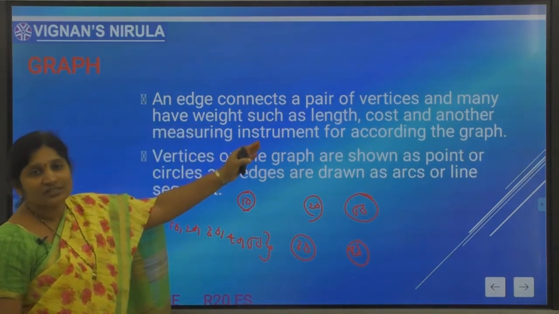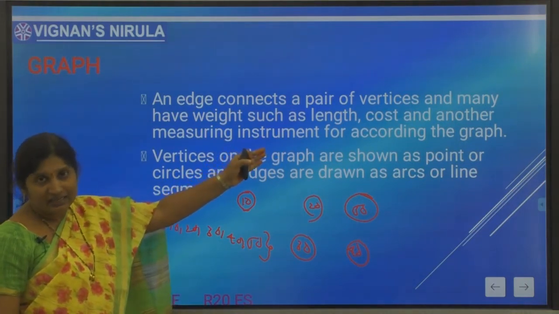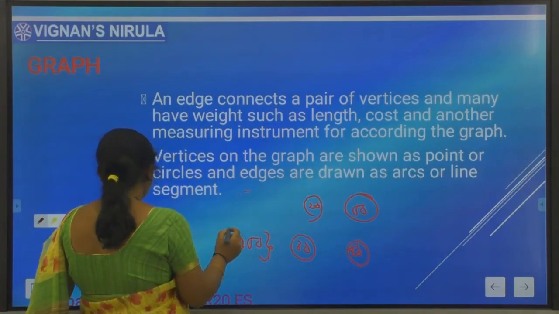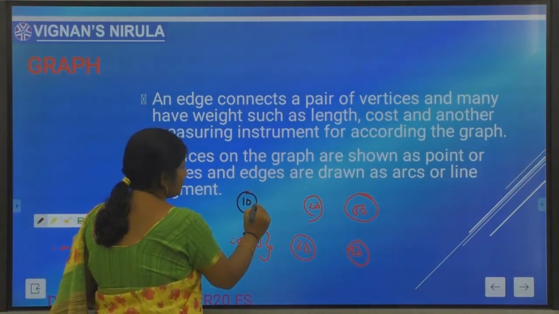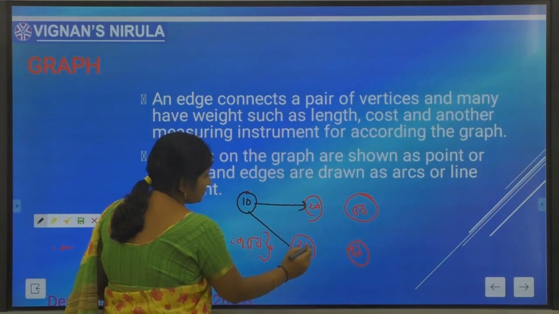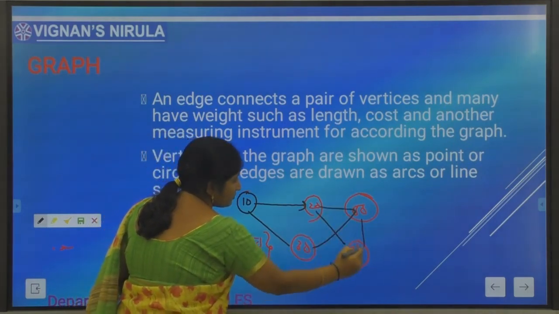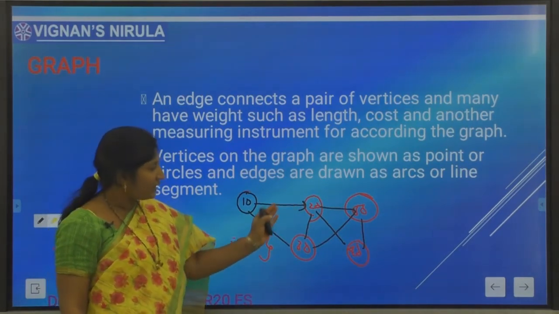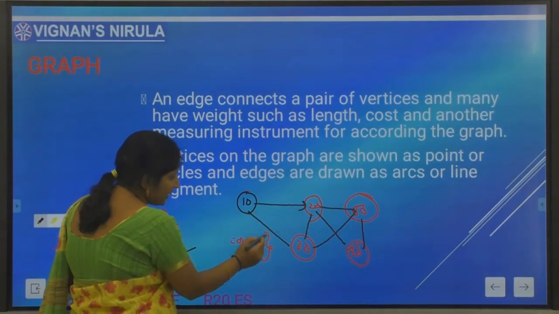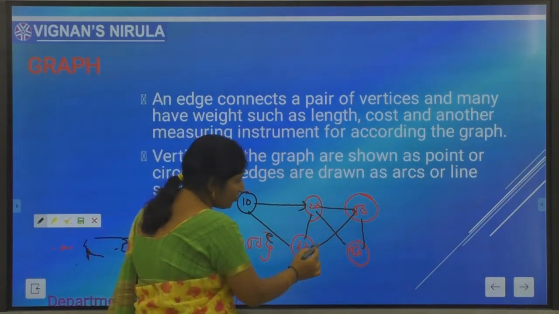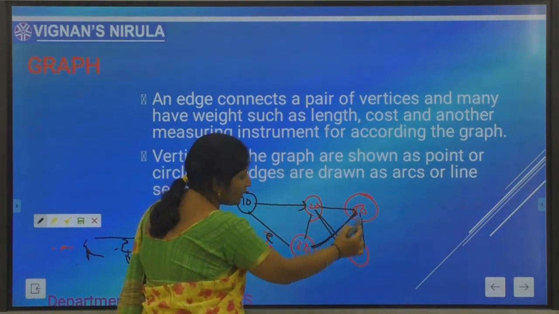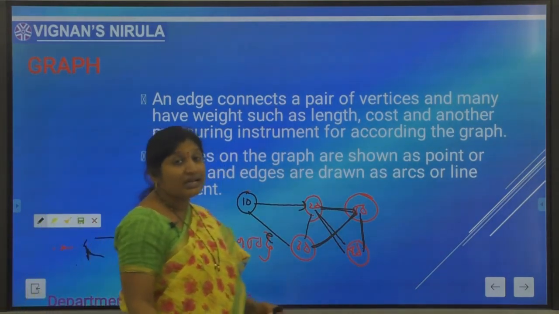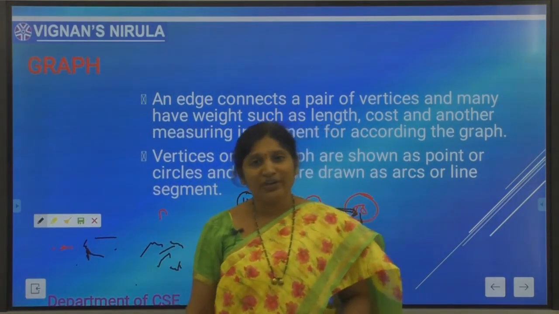An edge is an arc which connects a pair of vertices which are in relation with each other. So here 10 to 20 I have drawn an arc, that is one edge. 10 to 30 I have drawn an edge. Here 30 to 50 another edge. 20 to 40, 50 to 40. Likewise, an edge can be defined as an arc which connects a pair of vertices.